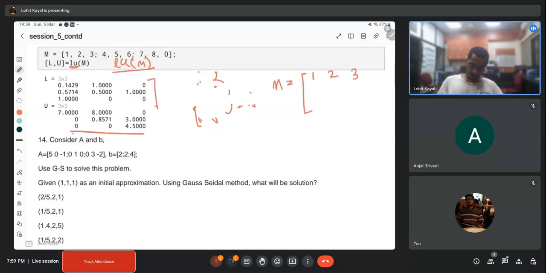But if you go to L, you will see that this is not exactly a lower triangular matrix. For a lower triangular matrix, all the above-diagonal elements should be zero, but here this is not the case, because it has already been multiplied by a permutation matrix P. MATLAB generally does PLU decomposition, not general LU decomposition. So if I do normal LU decomposition on this matrix,